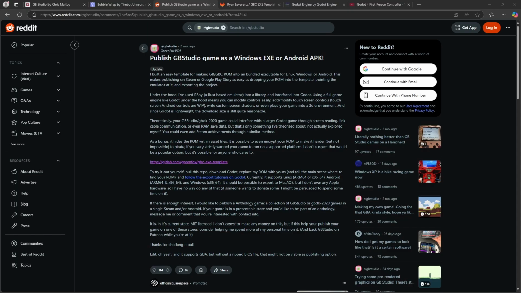like Steam. This is the post that I stumbled across by GreenFox 1505, and it outlines how to download and use this tool, but I'm going to take people through it because just because you know how to use GB Studio doesn't mean you have any idea how to use Godot. So this is going to be a step-by-step guide on how to get your game all set up and ready